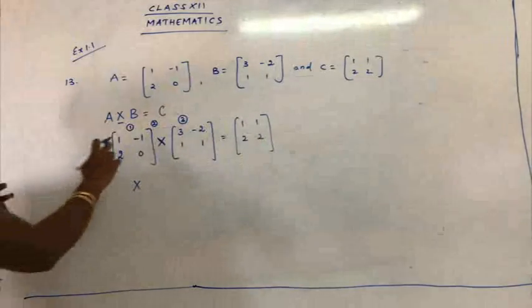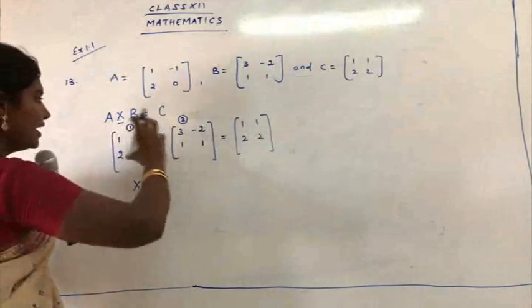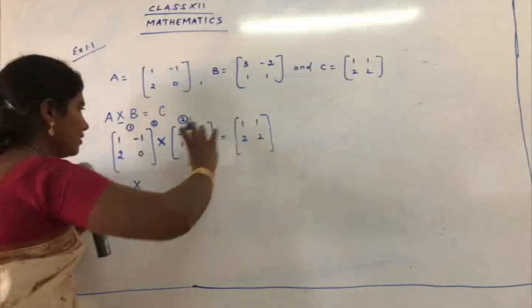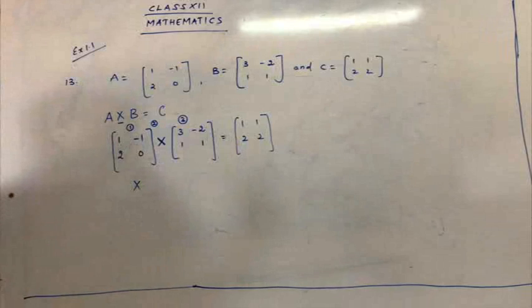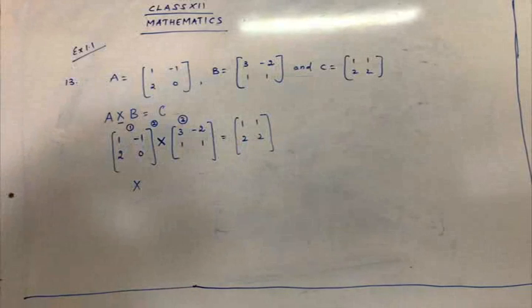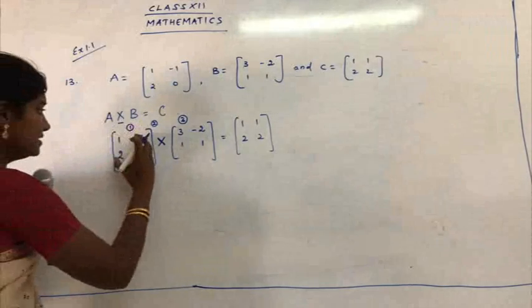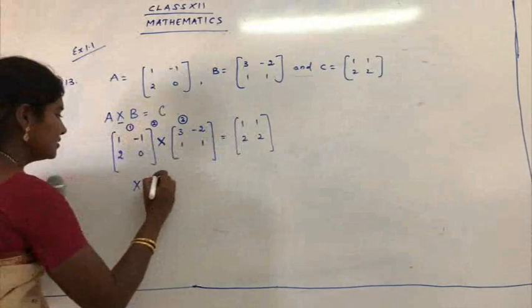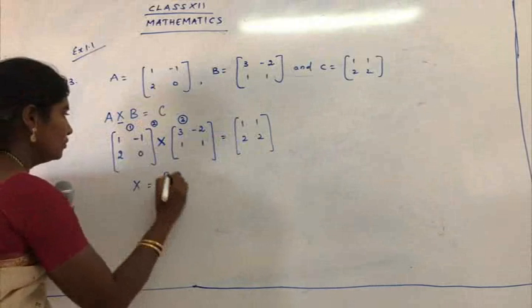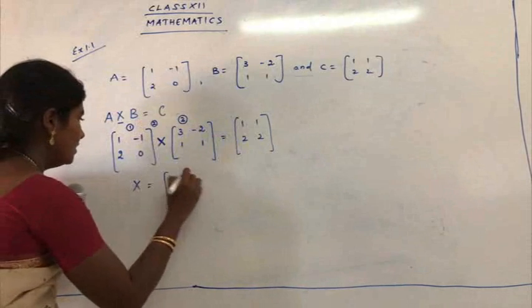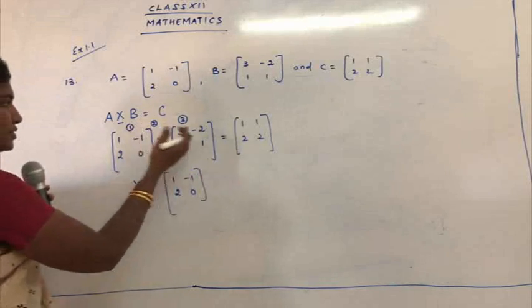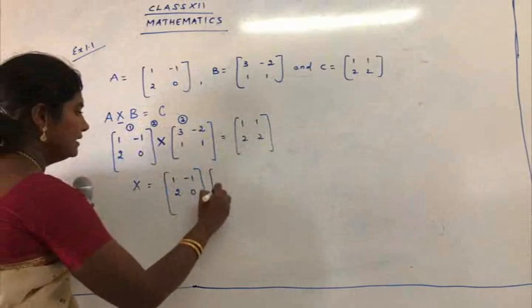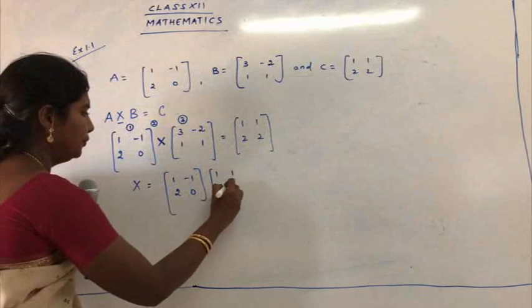Now, when I am moving the first matrix to the RHS, it will be placed on the first part. Positions are very, very important. So be careful with the placement of the position. So now, the first part goes to the first position. That is, when I take this, it comes here. So this is equal to 1 minus 1, 2, 0. Now this is X. Okay, so second position, I'll be just writing this as it is. That's 1, 1, 2, 2.